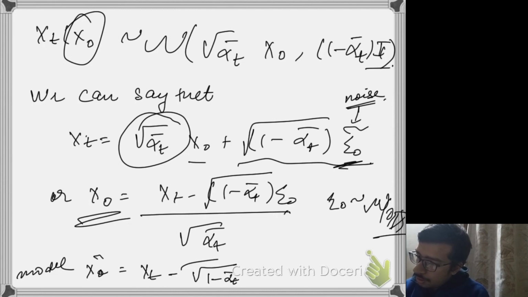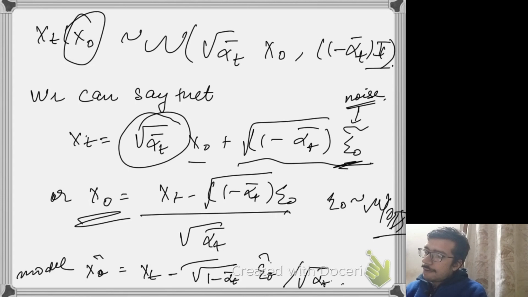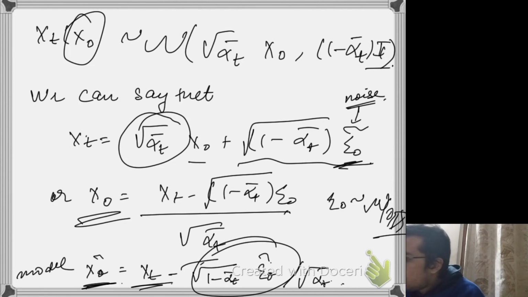One minus alpha t bar times some epsilon theta hat over square root of alpha t bar. Right. So here essentially what I have said now is that my x theta hat is going to be xt minus some expression for this noise and then rescaled appropriately. Okay. So now minimizing the difference between x theta hat and x naught is equivalent to